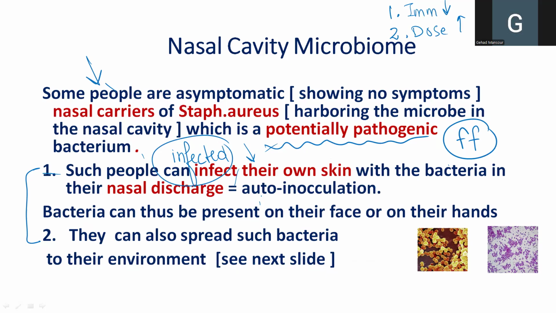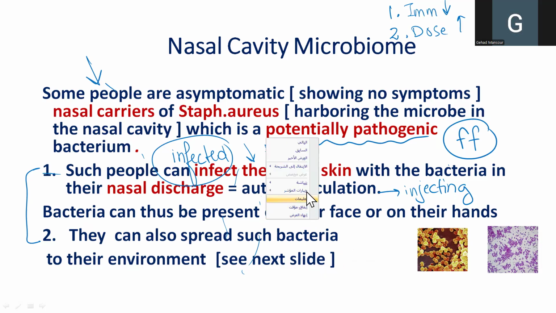And this is what we call auto-inoculation. Auto means self, you are infecting yourself. And inoculation means you are injecting the microbe into a minor wound and therefore infecting yourself, or you can spread this to the rest of the community. And why are they a risky concern? Why are nasal